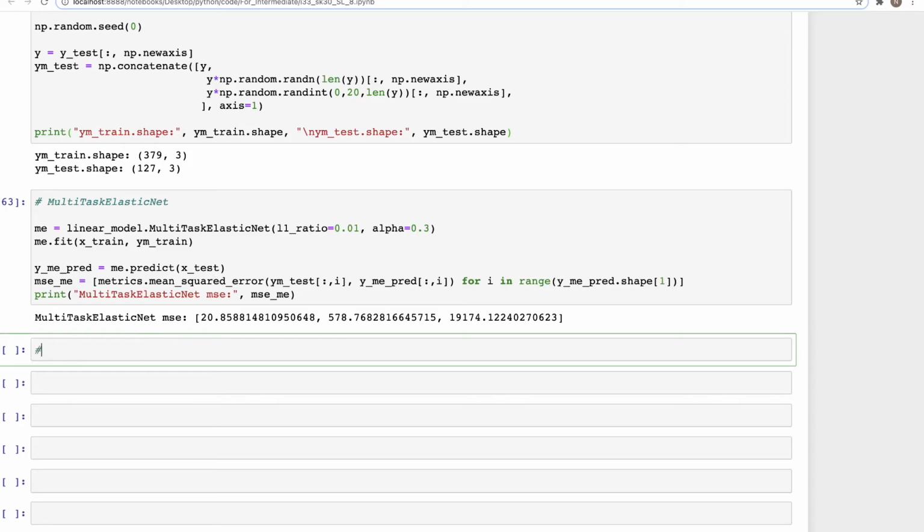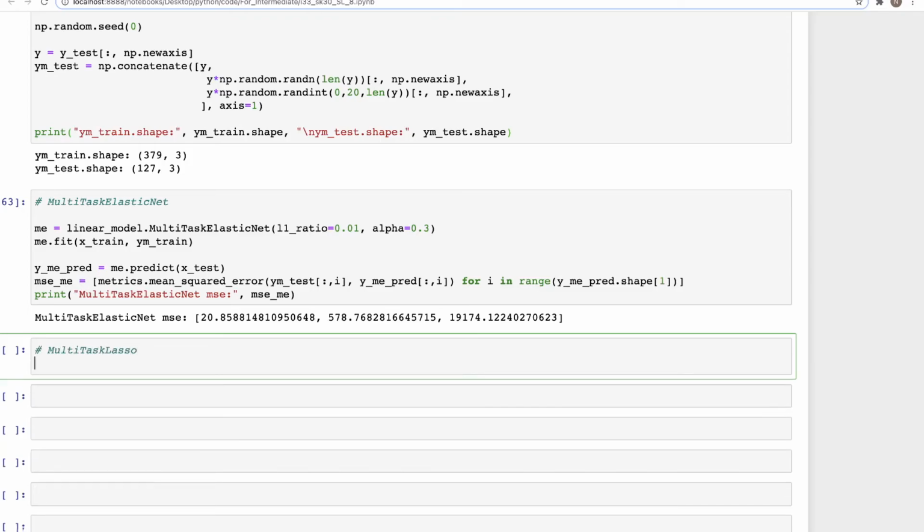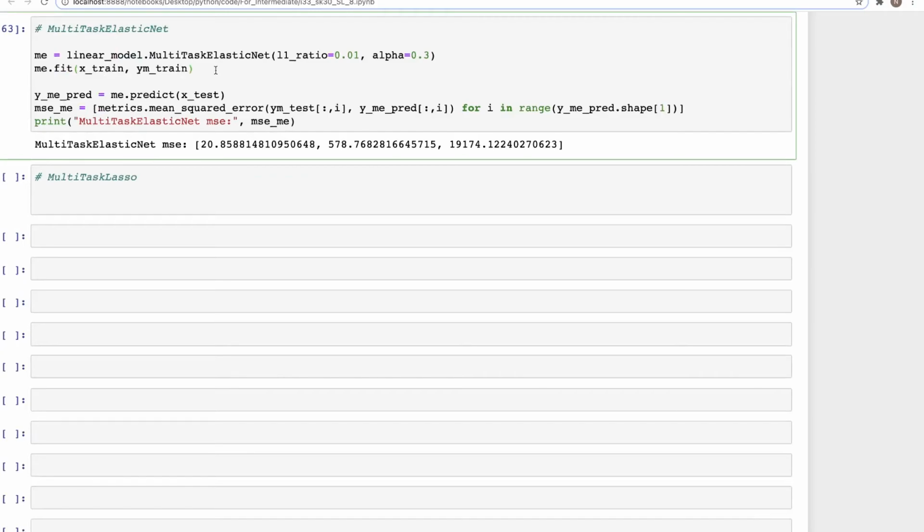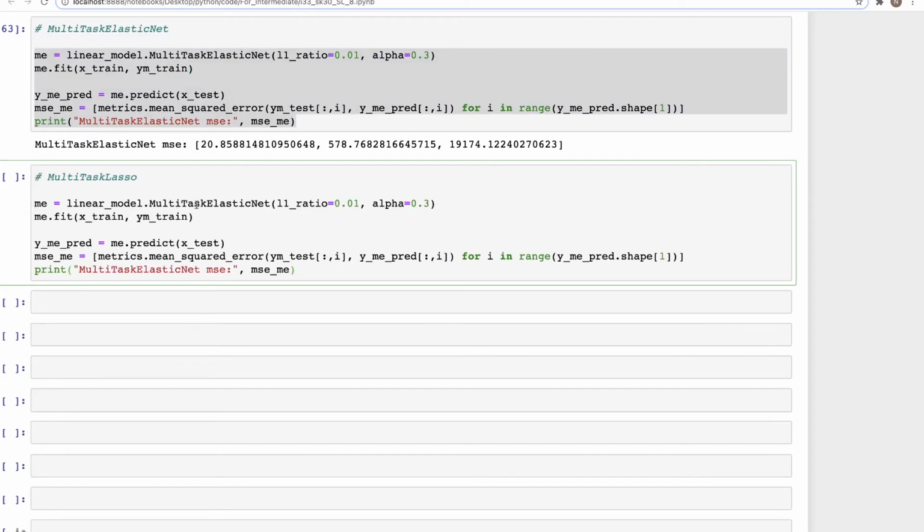Now why don't we compare this with Lasso multitask that we have tried previously? So multitask Lasso, and for this, let's type it out. Or why don't we copy it? Paste it here. So this is multitask Lasso, and this does not need the L1 ratio. So we delete that. This stays the same. Rest everything stays the same. I'll just change this name, multitask Lasso,